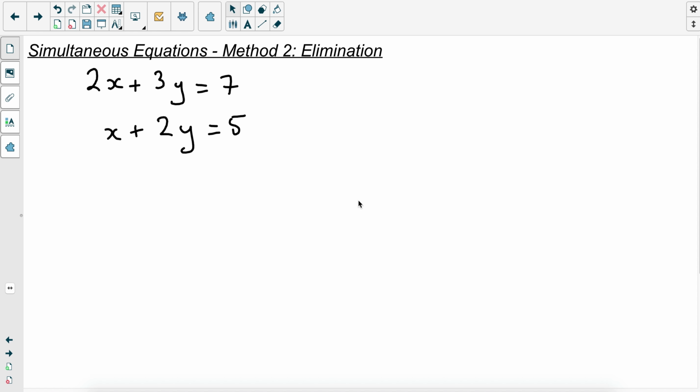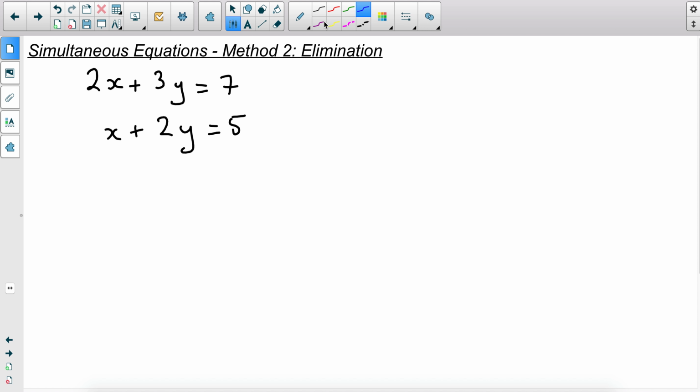This is part 2 of solving simultaneous equations. The first video dealt with using the substitution method. The beginning of the other video also introduced you to a graphical representation of simultaneous equations. I would recommend going to that video and having a look at the graphs I did in the beginning before starting this video. However, we're going to continue with the same simultaneous equations, and using the same idea as we wanted